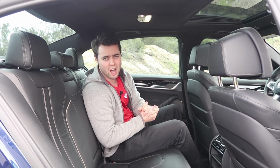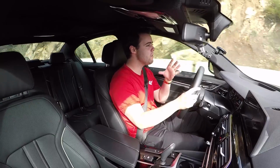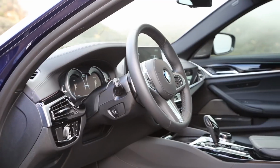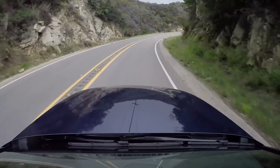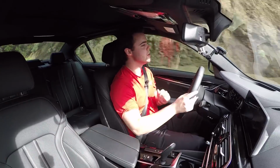But enough stationary talk about the M550i. I say we start it up and rip it around. The M550i has to fulfill 2 roles at the same time: be a comfortable, luxurious commuter and simultaneously be an engaging, fun-to-drive sports sedan. Now, all of the aforementioned amenities and features that I just discussed cover the luxury side,